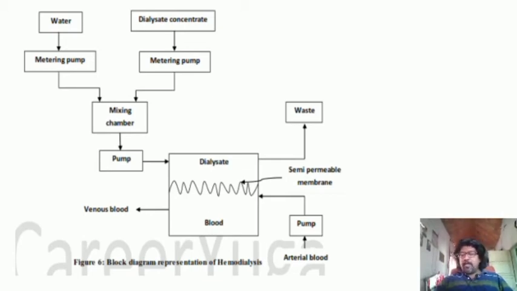And as I pointed out on the previous slide, the blood then goes through a chamber called the air trap chamber, because air bubbles, when they enter into the bloodstream, can cause havoc, and can even cause a heart attack as well. So that should be removed very carefully, and that particular chamber, the air trap chamber, will do the same. So once the cleaning process is over, the blood will be pumped back to the body.